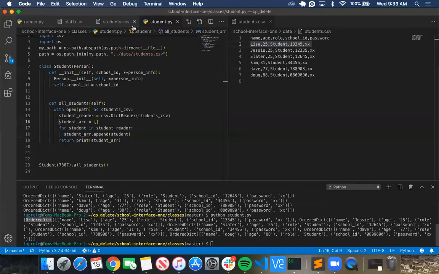All right, let's do this. So we're getting information. We're getting an array of student objects. We're actually getting an array of ordered dictionaries that contain the information needed to generate student objects. Okay. So does this not meet the requirements? I would say that it does. Okay, how do we go about